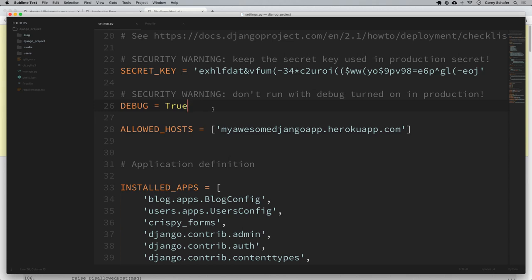credentials for AWS S3. But if you don't know how to set environment variables, then I actually have a separate video on how to do that for your operating system. So I'll leave a link to that video in the description section below if you need to give that a watch. So I'm actually going to set a debug environment variable here so that can be different for our local machine and Heroku. Now, while we're setting environment variables, we should also move our secret key to an environment variable